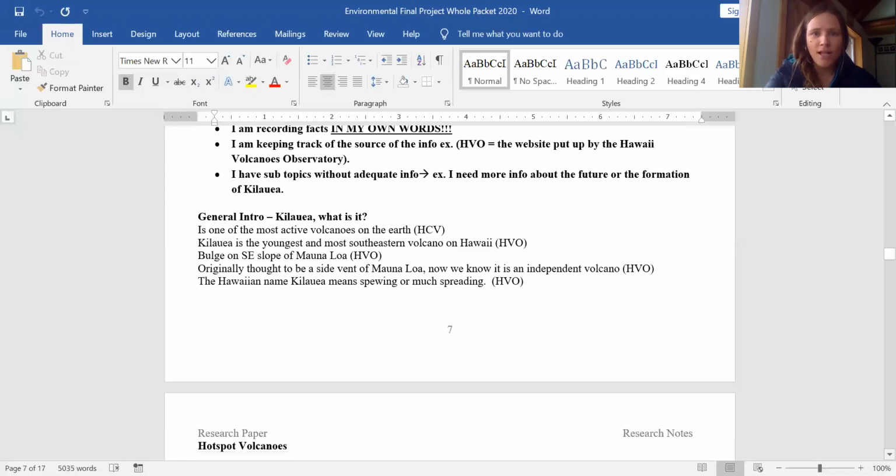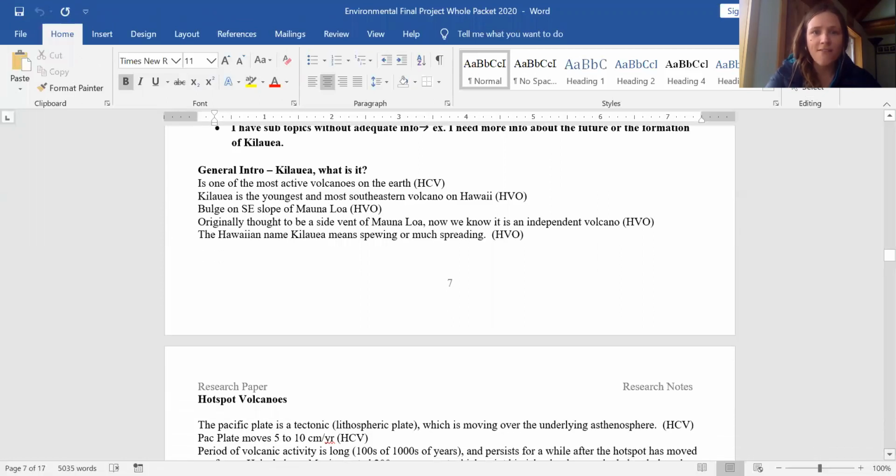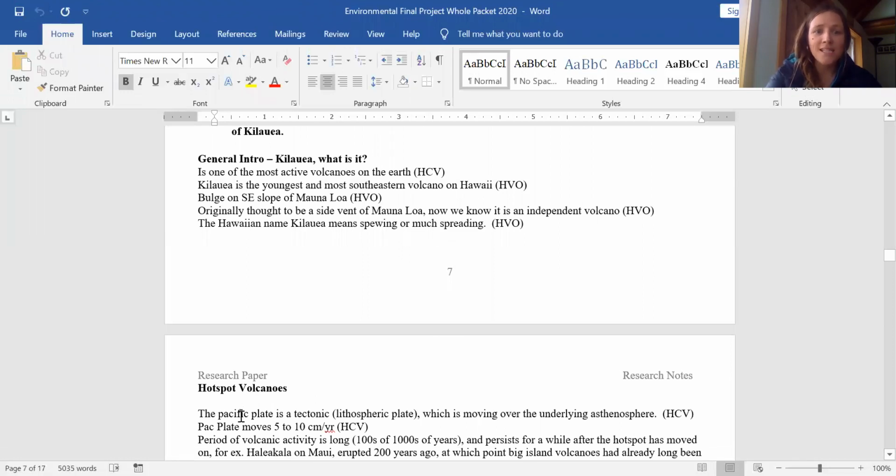Then I read on through that source, the Hawaii Center for Volcanoes source, and I find another fact that tells me that the Pacific Plate is a tectonic plate, and it's moving about 5 to 10 centimeters per year. And I have decided that those facts are important, but they're not general info. They instead are more specific info about how hotspot volcanoes work. So it doesn't matter if you know about hotspot volcanoes, but the point is that I'm recording that information now in a new topic area. I'm writing it in my own words, not in complete sentences necessarily, and I'm recording the source that I got